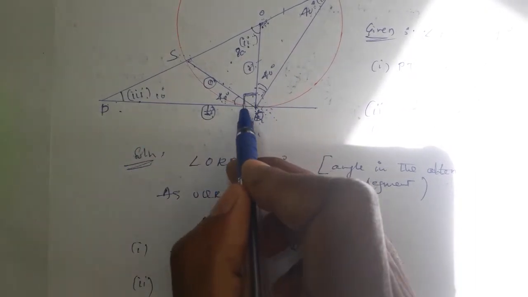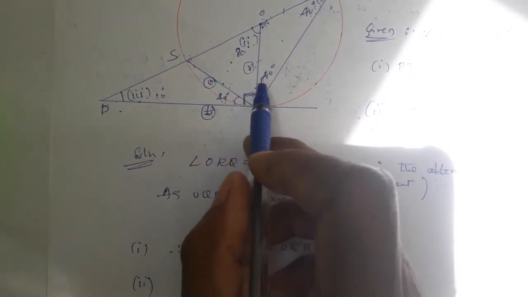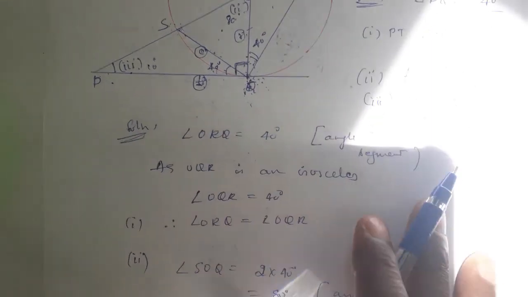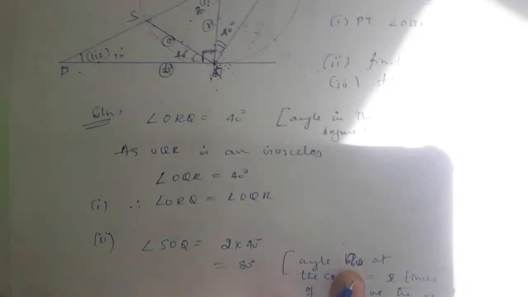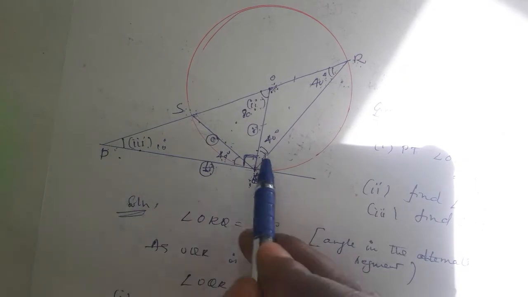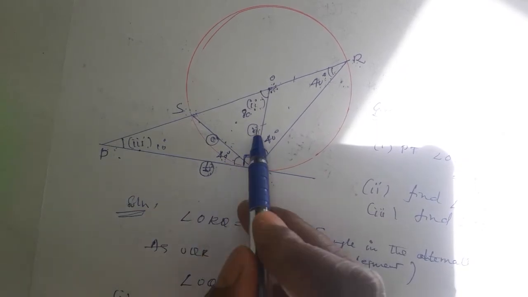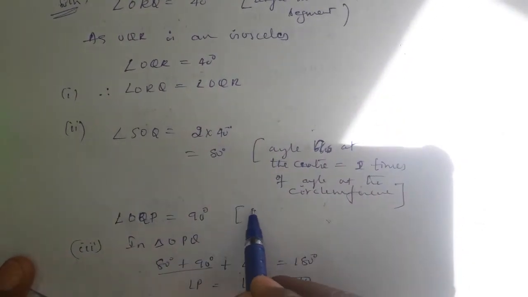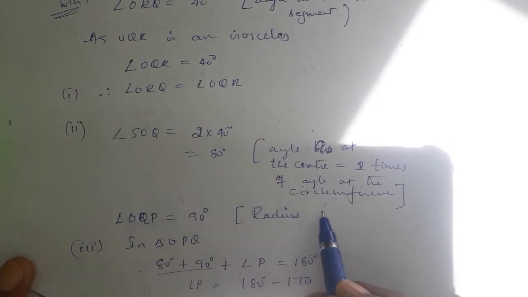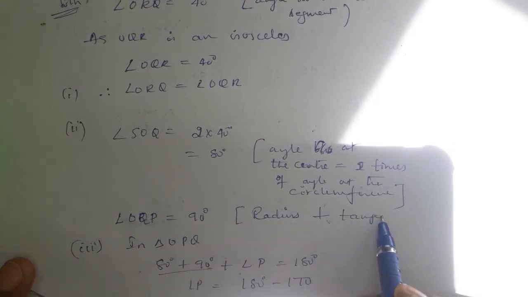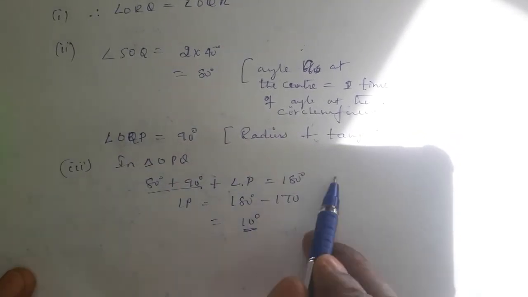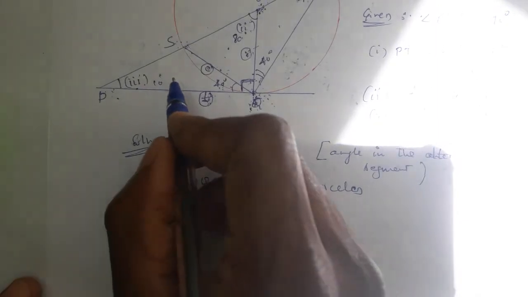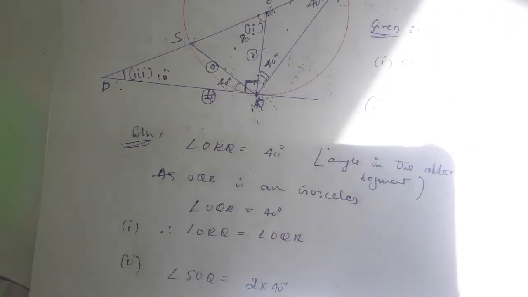And you marked here 90 degrees. That also should be mentioned. Even I forgot. Angle OQP equal to 90 degrees, that you have to write here. Why is this OQP 90 degrees? Because the angle between radius and tangent, because the radius is perpendicular to the tangent. Then the third sub question: the sum of 80 plus 90 plus P equal to 180, and this angle becomes 10 degrees. Hence the problem finishes.